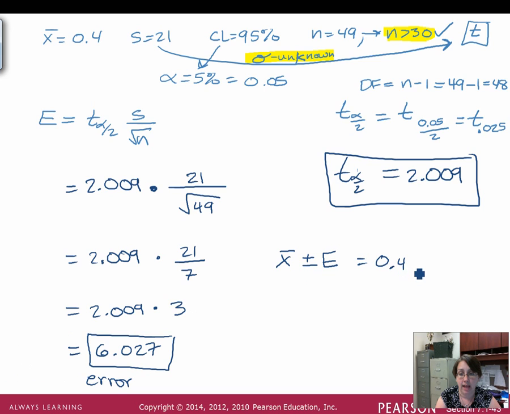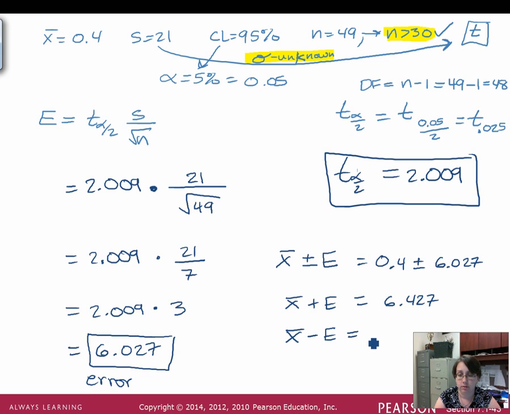0.4 is our x bar. We're going to add and subtract 6.027. So we end up with x bar plus e equals 6.427, and x bar minus e equals